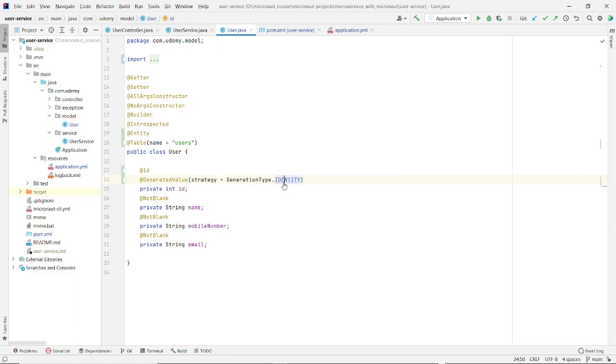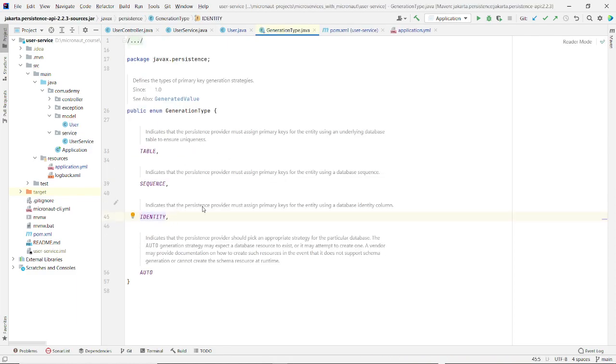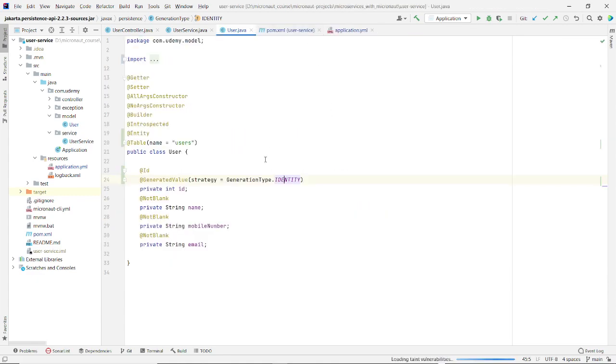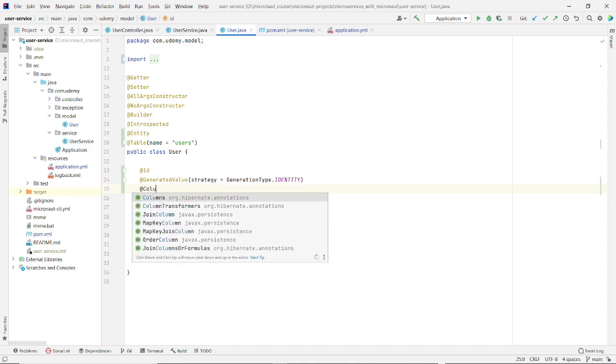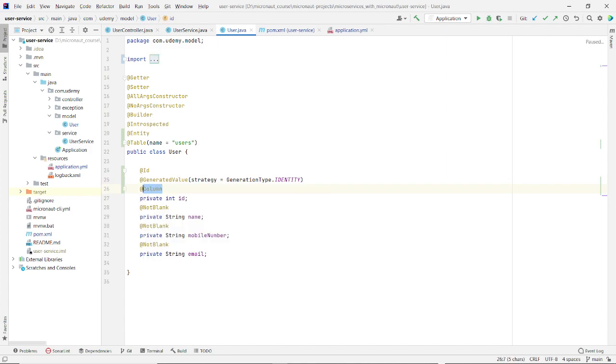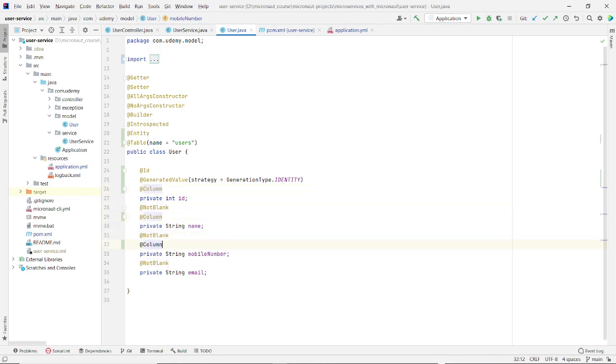What it does is indicate to the persistence provider that it should keep track of the primary keys for the identity column. We will also add the Column annotation for all these columns: name, mobile number, and email.